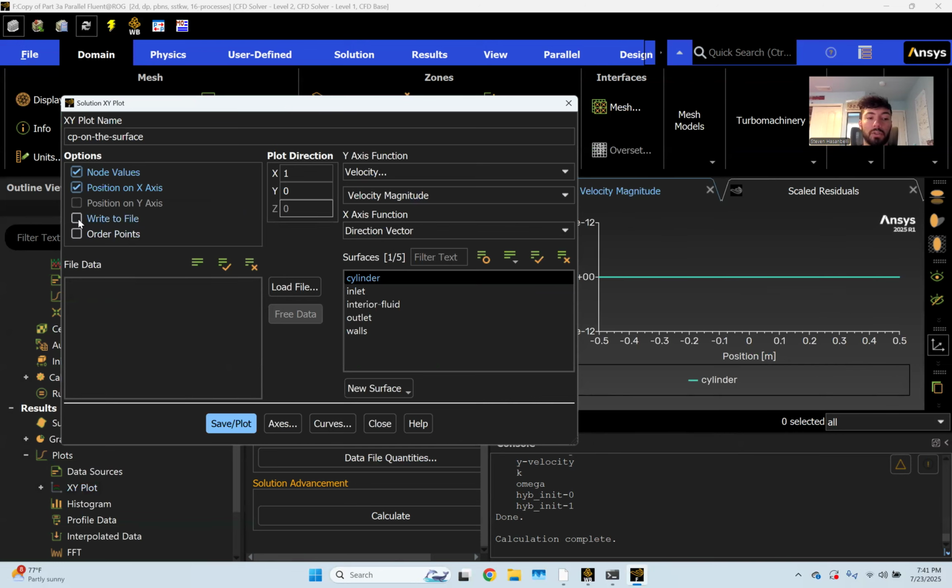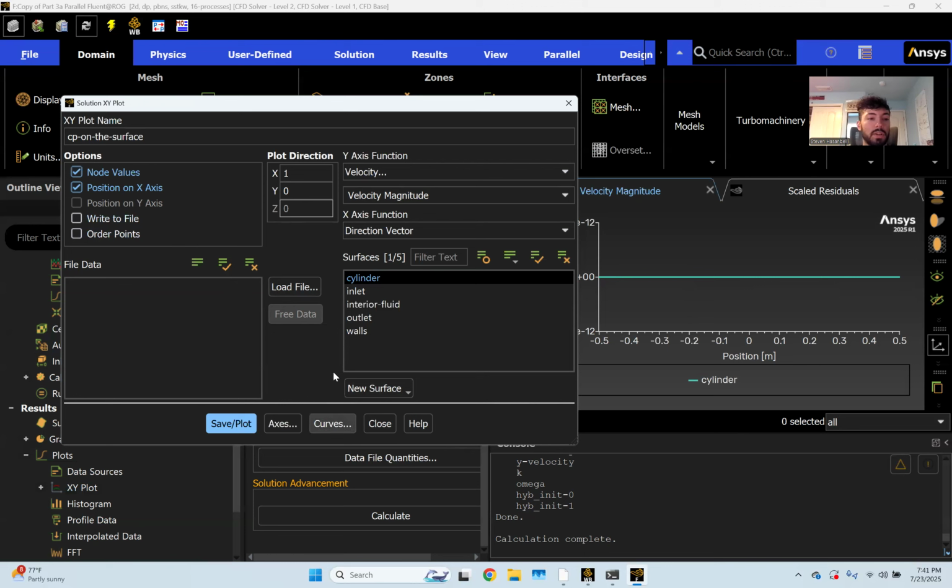So I wouldn't even bother to write to file just because it's going to be a simple 2-point table on Excel. You can just simply put in negative 0.5, velocity 0, and the second point will be 0.5, velocity 0, and you can just graph that